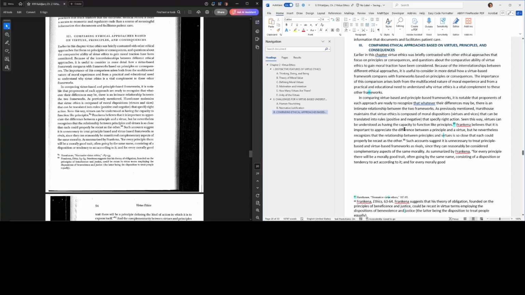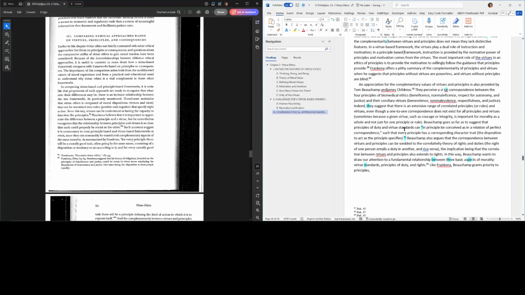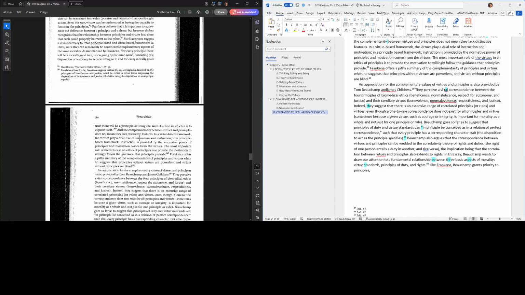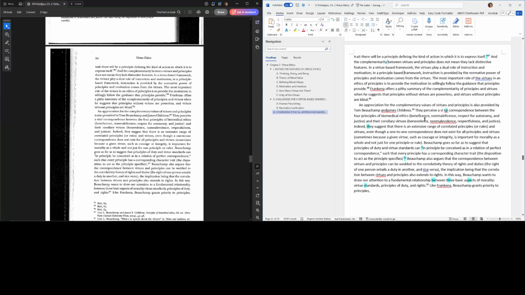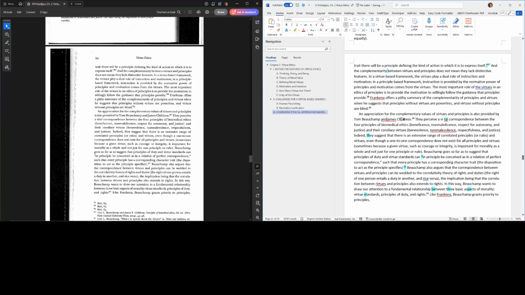Yeah, I don't see anything else to fix on the previous page. I'm just going to manually move down to the next page. And James, thank you. Vital non-malevolence.